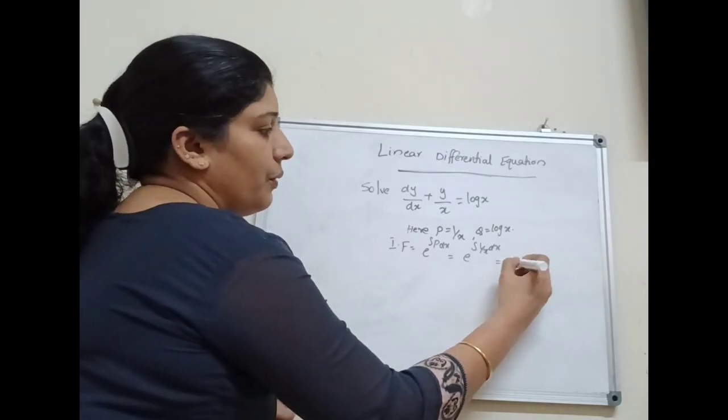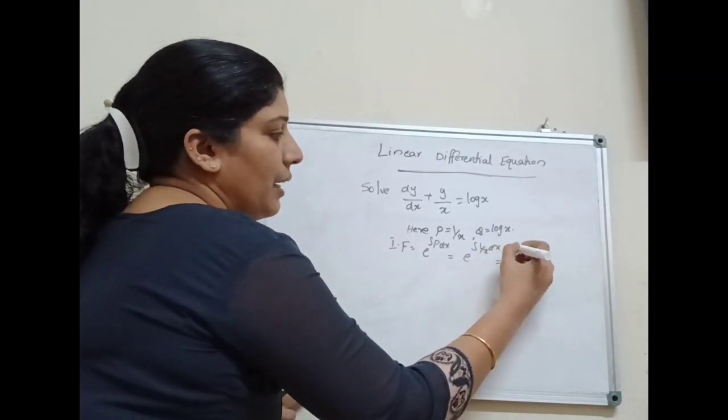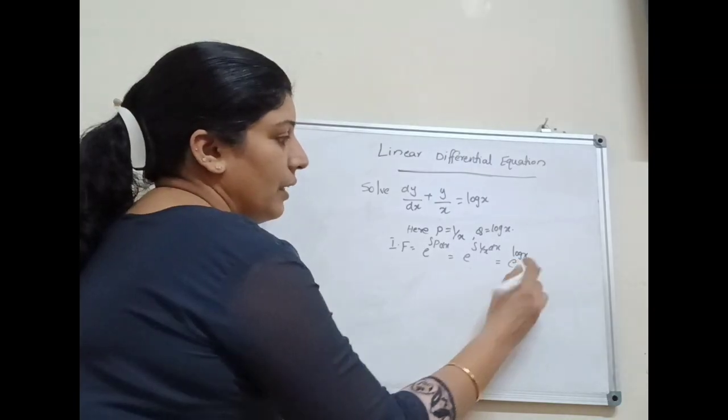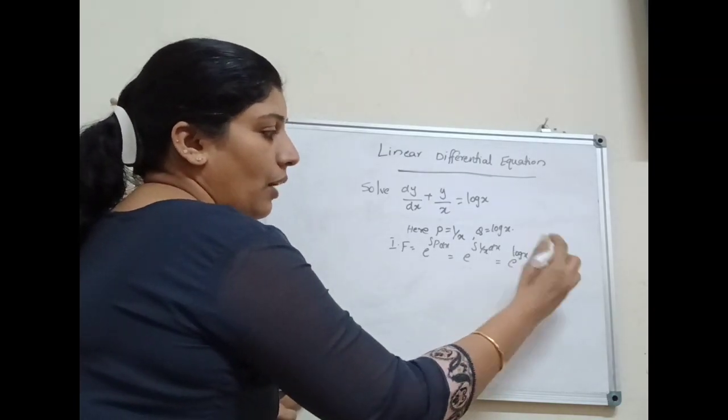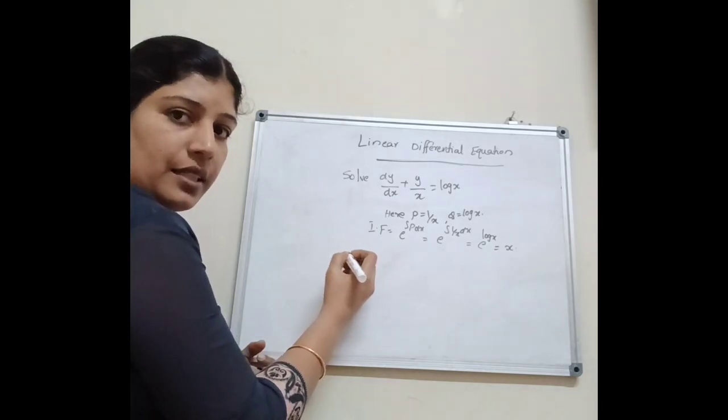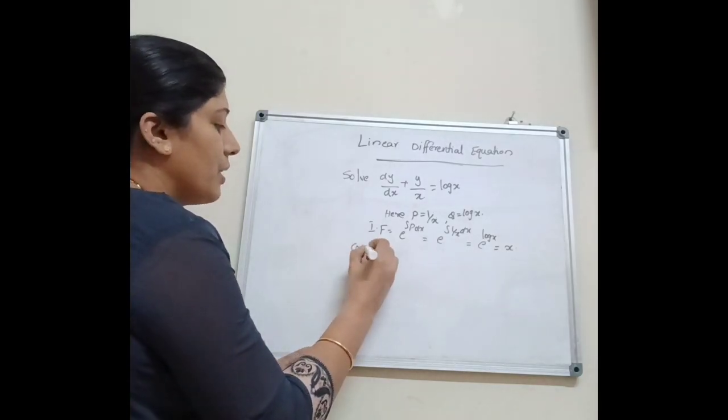That is equal to e raised to integral 1 by x dx, which is log x. That is equal to what? e raised to log x equals x. Next we have to find the general solution. General solution is